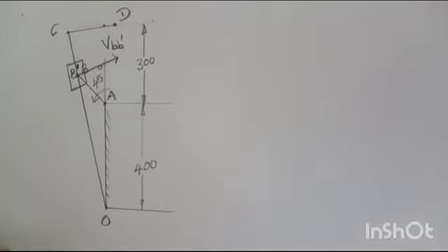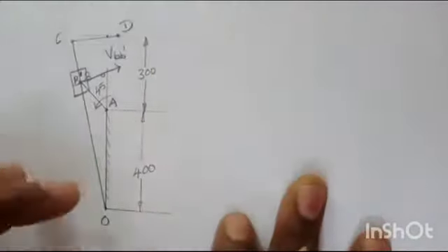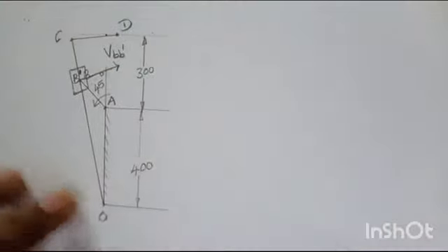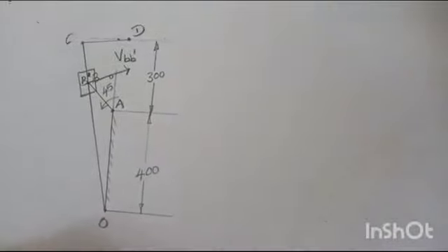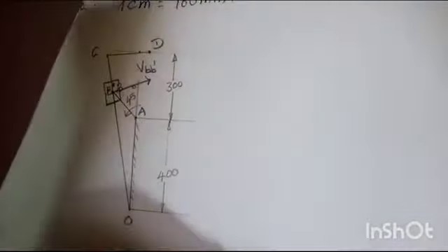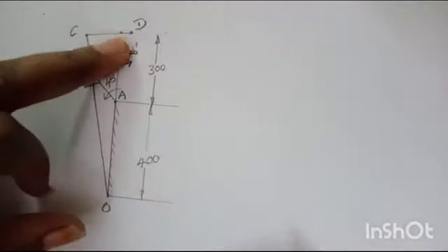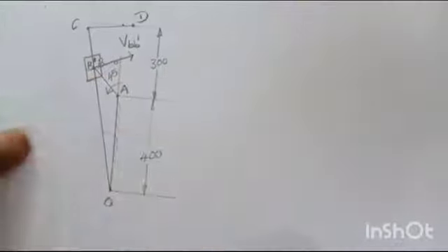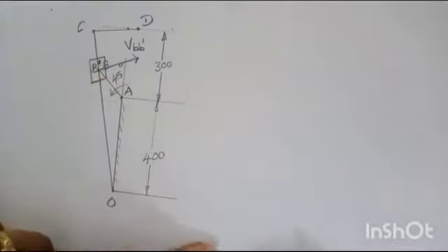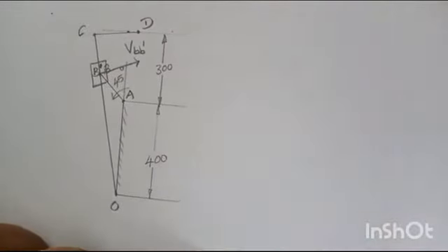Okay, so now I'll start the velocity diagram. How it works here: I already told you that you have two clues. One is that link OA is fixed. OA is fixed in the sense you have to take it as a point, and the slider D always moves horizontally, because the ram moves only in the horizontal direction. If you want, you can take the videos and check it out. The ram always moves in the horizontal direction.